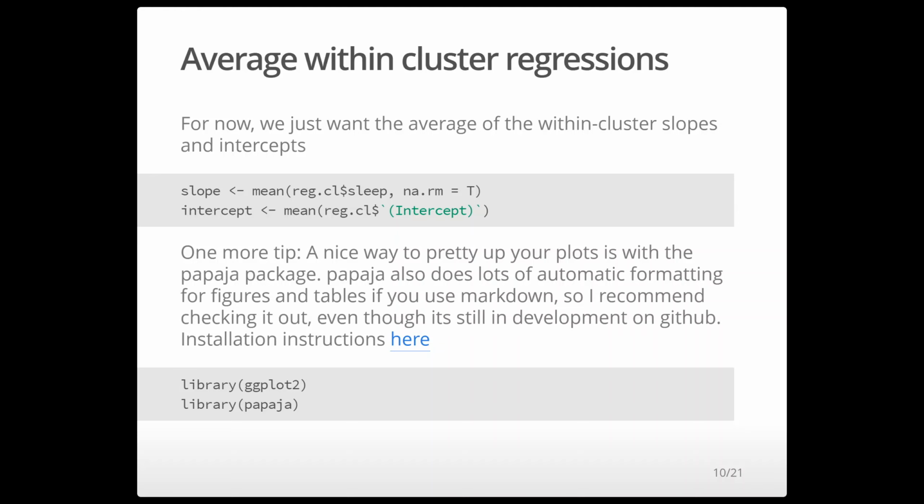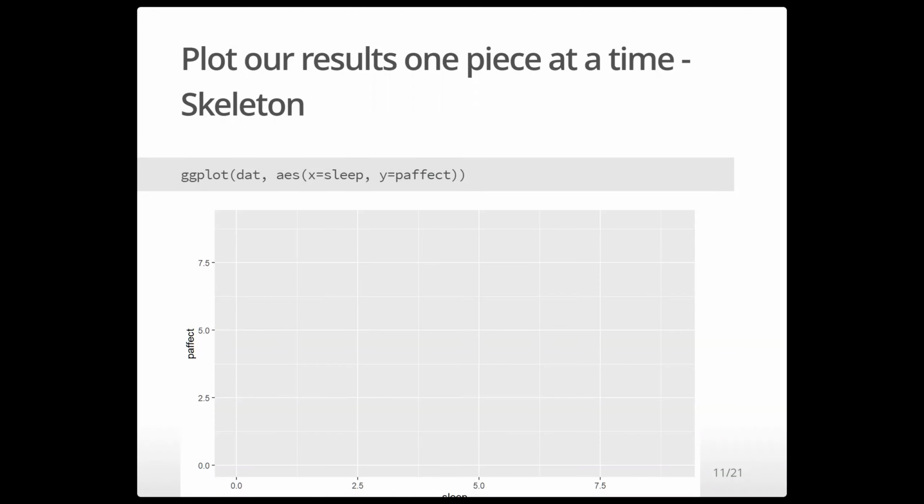But for our purposes, it just adds something to our ggplot here at the end, and we'll take a look and see what it does at the end. So what we're going to do now is plot our results one step at a time. And so you can do this in ggplot, where you can start with this initial command where you're just creating the skeleton of your plot. So we haven't added anything to this. We're just creating an x and a y axis with a blank plot,